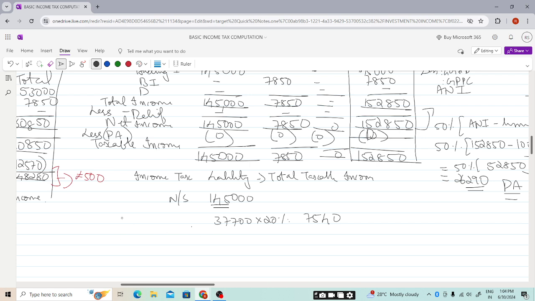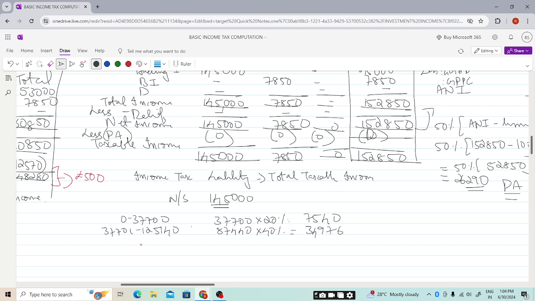This is 0 to 37,700, 37,701 to 125,140. So what is the difference? We'll be getting a difference of 87,440 at 40%, as this amount is within the higher rate limit. So our tax will be